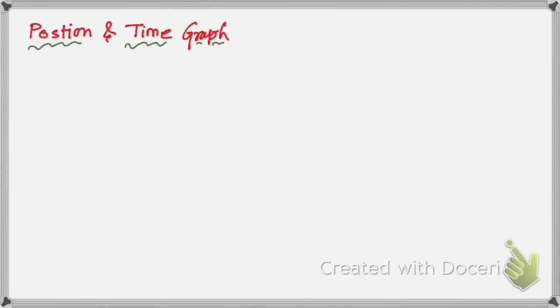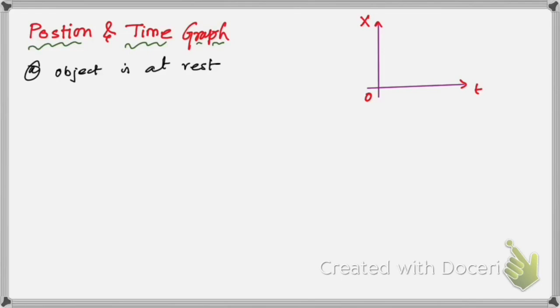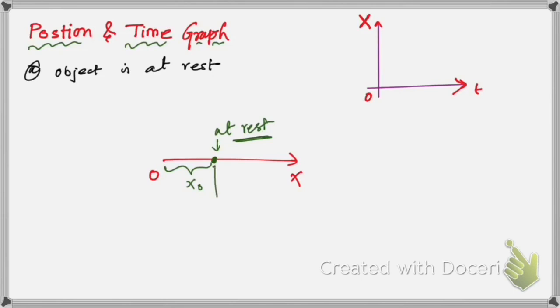So first let us draw position and time graph. Suppose an object is at rest. First, when the object is at rest. So here you see, let me take this horizontal axis as time and the vertical axis as position. Suppose this is the origin and this is the x-axis. Suppose with respect to the origin, there is an object which is at rest. Suppose it is x naught meter away from this origin,